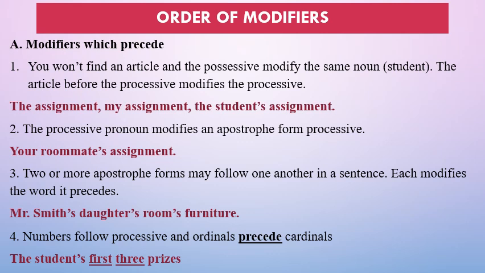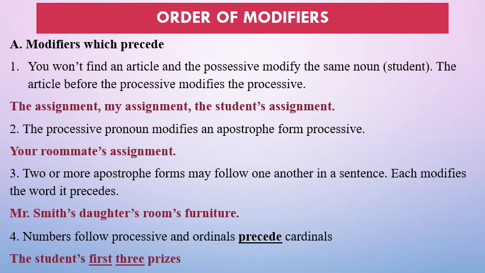I mean that each one of them modifies the word that follows it. For example, Smith's modifies daughters, and daughters modifies rooms, and rooms modifies furniture. Alright? And the last one, sometimes you have, after the apostrophe, numbers. These numbers follow the possessive,